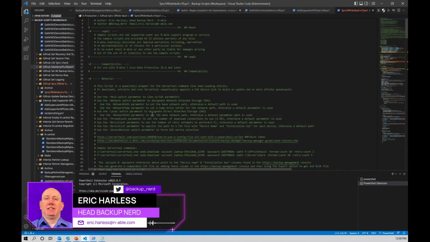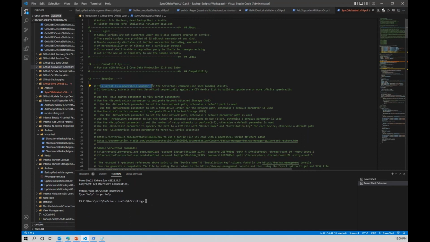I've just been updating the documentation and making it a little bit more user-friendly. This is designed to be a PowerShell wrapper for our server tool command, which is a seed loading utility for either reverse seeding or seed uploads. What it's going to do is download the latest server tool version, extract it, and run server tool sequentially against a CSV list of your devices. Whatever devices you pick, that will either update or build, or I guess build and then update, offline speed